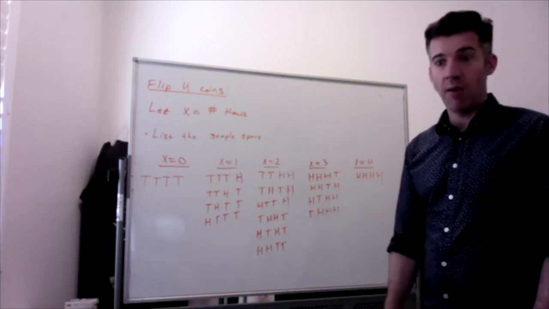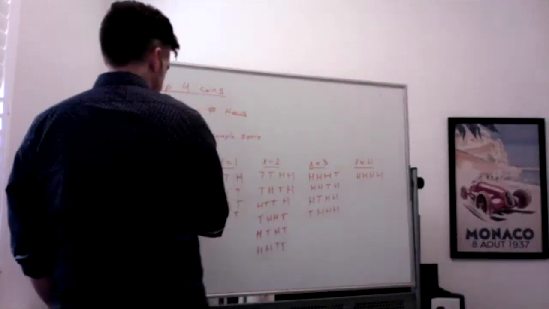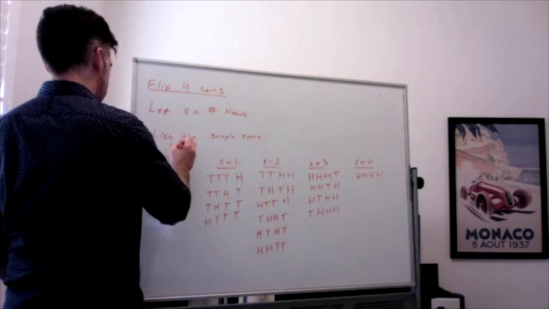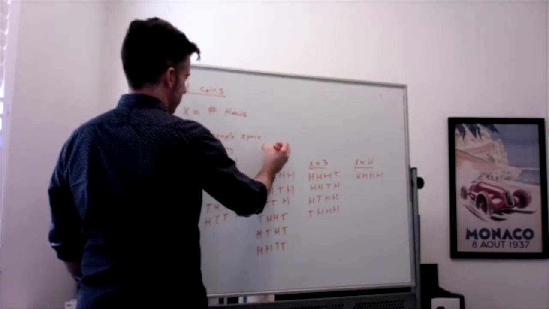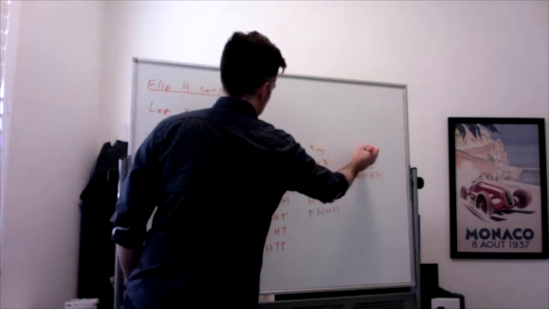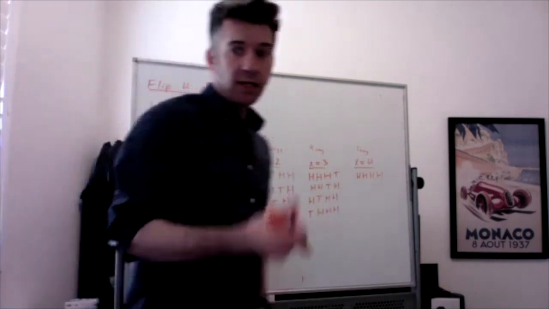Great. How many things are in our sample space? 1, 2, 3, 4, 5. Well, let's see: 1 plus 4 plus 6 plus 4 plus 1. That's going to equal 16, which shouldn't be a surprise because